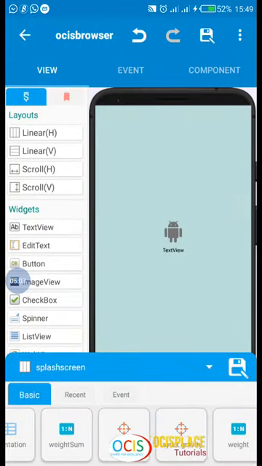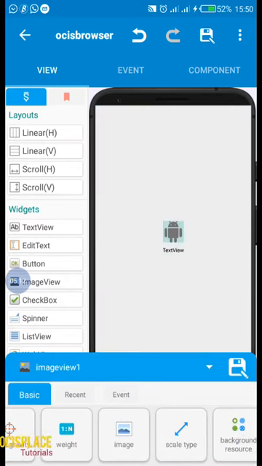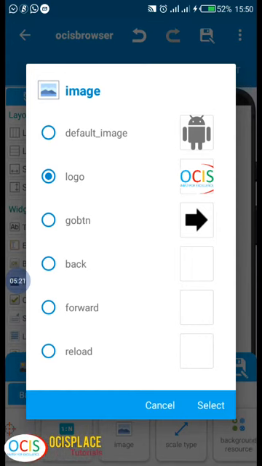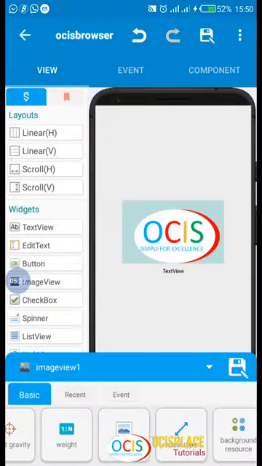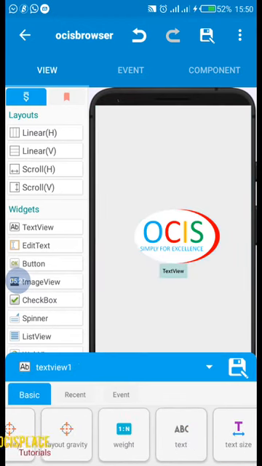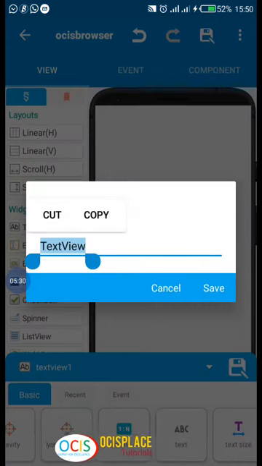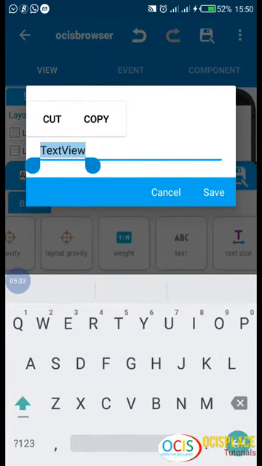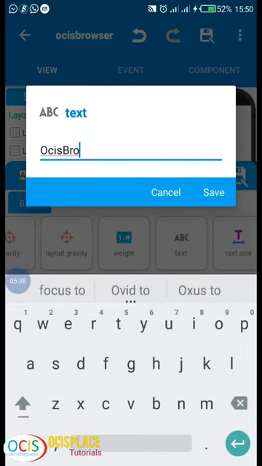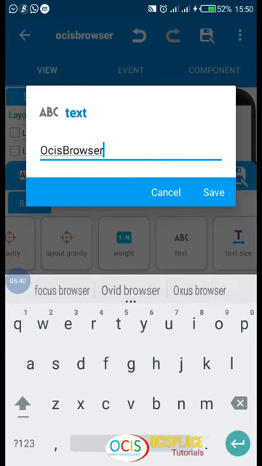Now I want to set the gravity to horizontal and vertically centered, so you have it this way. Now I want to set this image. Already I have added the logo in the library, that's why I can easily access it now. Otherwise I will need to add the image. You can see now. So then this text view, I wanted to display OCIS browser 4.0,